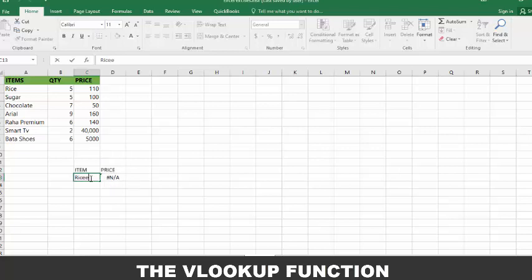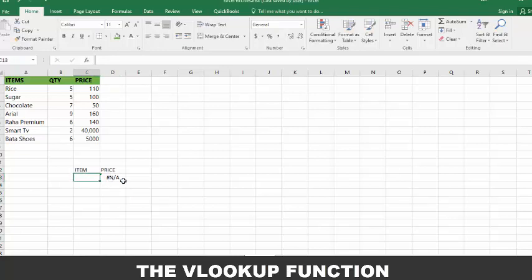So in another tutorial, I'll be showing you how you can suppress or remove this. And just for this tutorial, to help you avoid spelling mistakes, other than writing the value yourself,